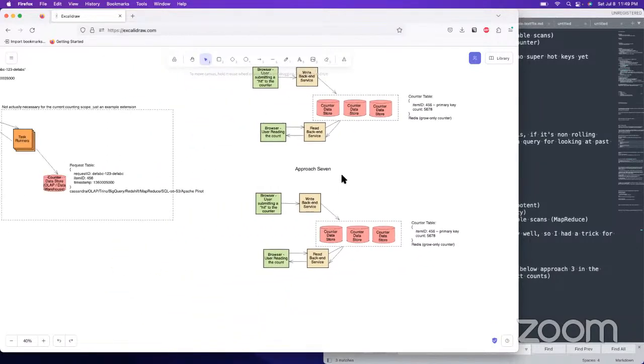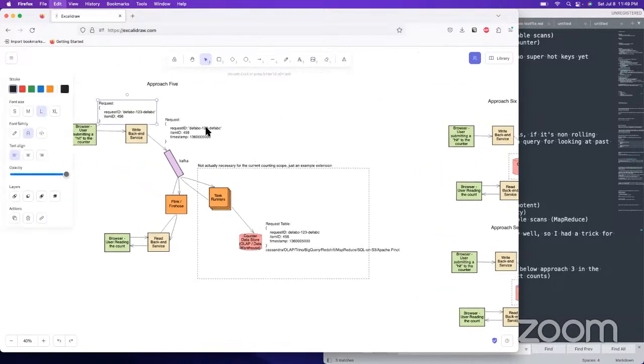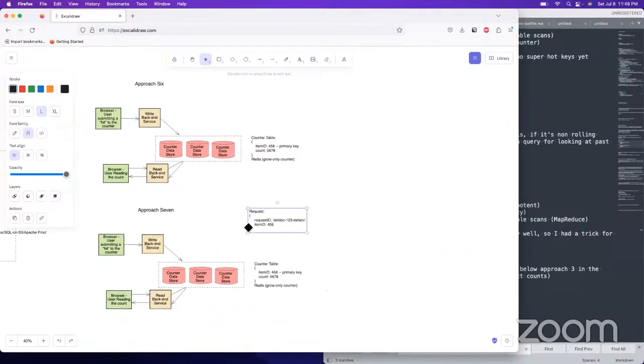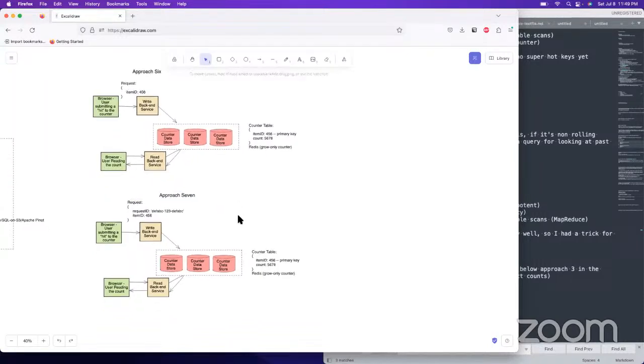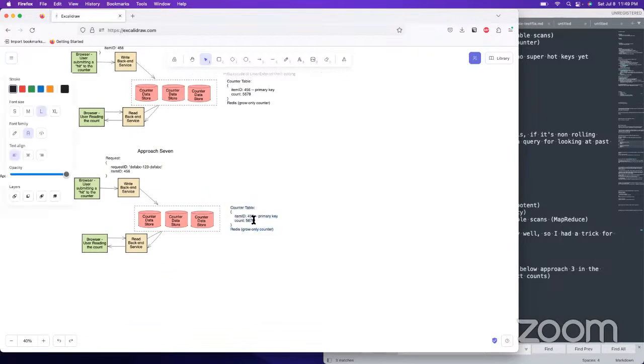And so you would need one of the databases that allows for rolling your own write conflict resolution. I think you would have a request ID in it. So you would have something that looks like this instead of just the item ID. With approach 6, you would have just the item ID. You don't have the request ID, so it's going to look like that for the request. While over here, we do have the request ID in there. And now we want a forgetful bloom filter.